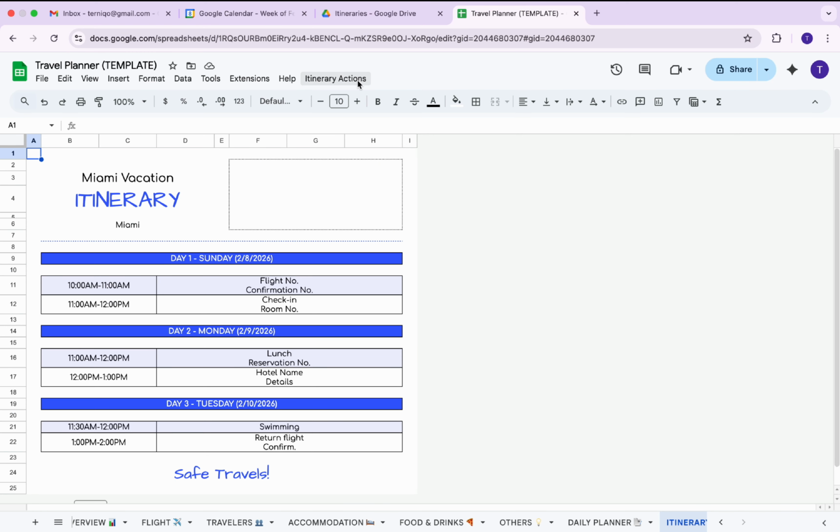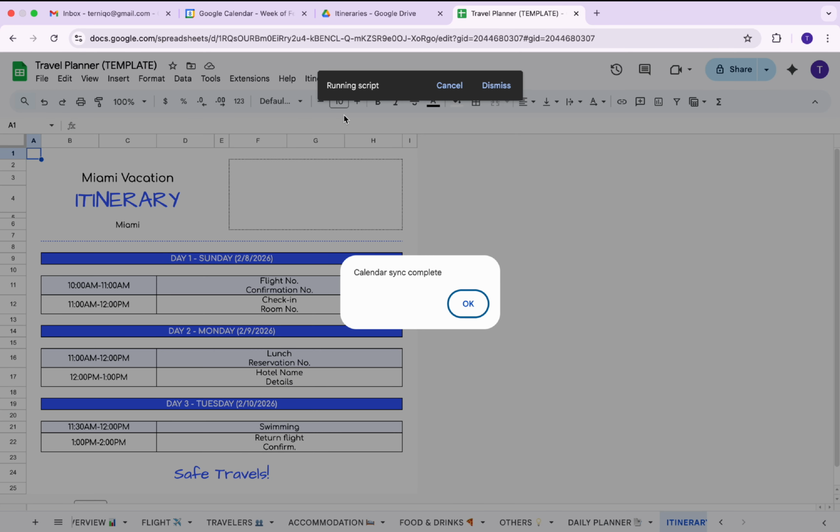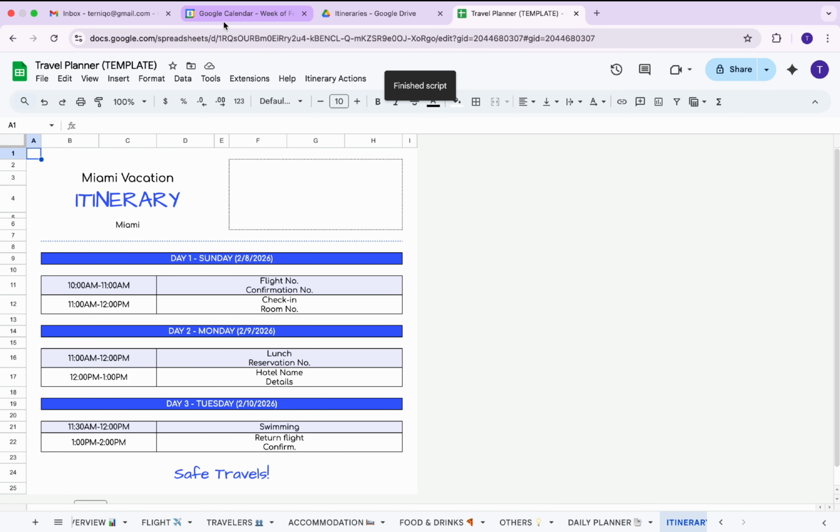But when I hit the second button, update calendar, let's just see what we'll get. You will get this notification, calendar sync complete. And now when we go back to our calendar,